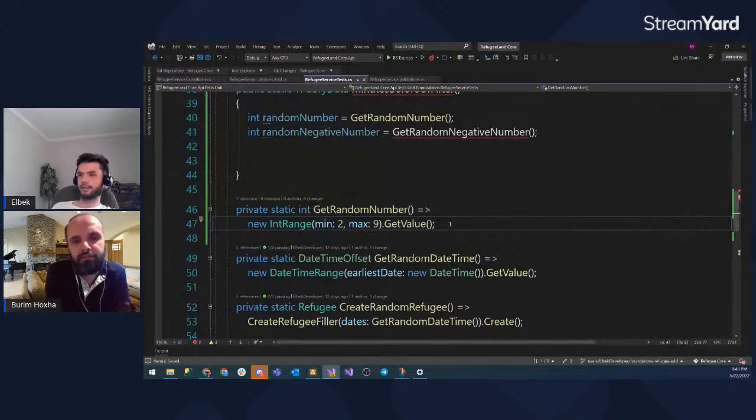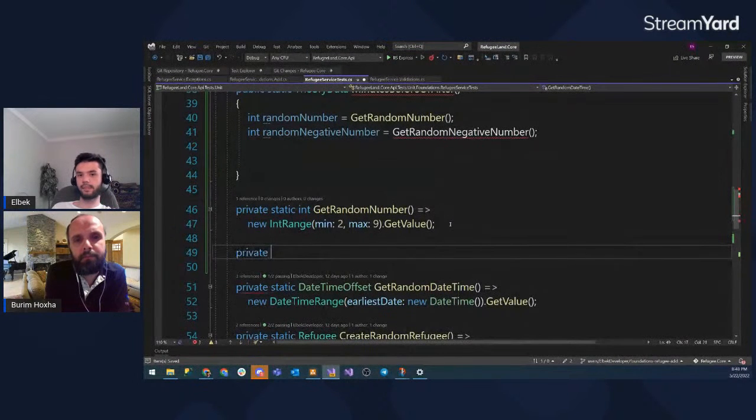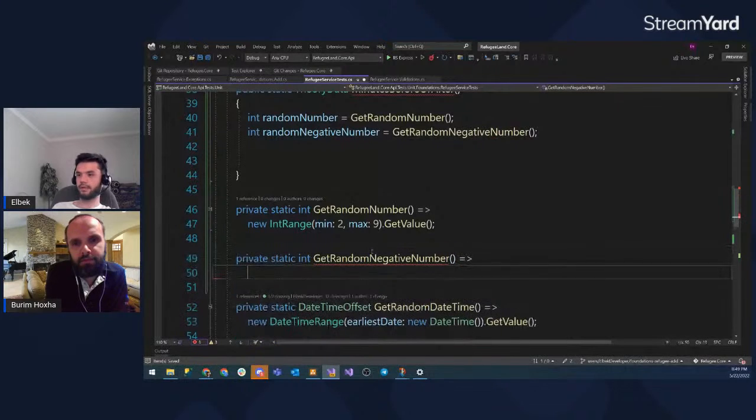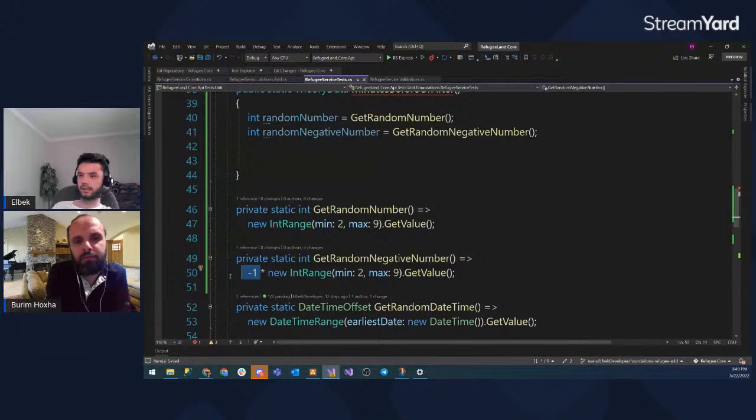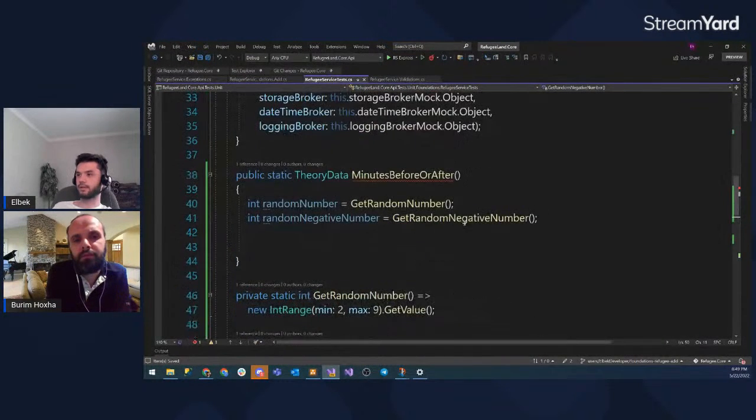So we have our positive number, and let's create our negative number. Private static int get random negative number, and I multiply by -1 and do the same thing here. So it should give me some number between 2 and 9, and we multiply it by -1, and it will create a negative number for us. So we have our random negative number, and what we do, we return